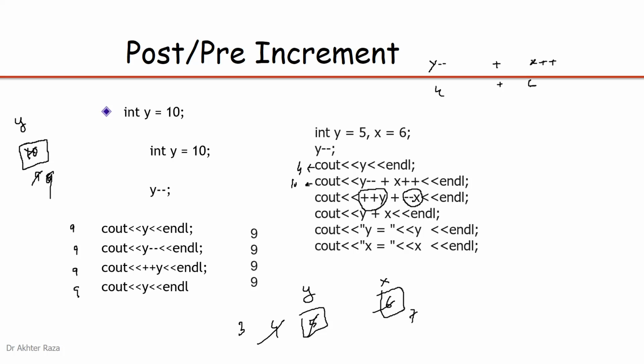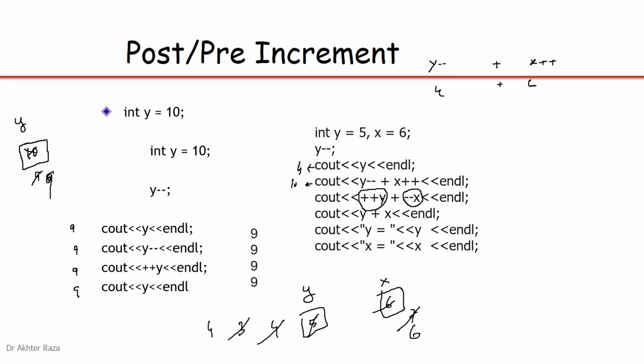It will decrease by 1. Both of the increment and decrement are pre, so the adding will take place later on. Firstly, the value of y is increased. It becomes 4. And the value of x is decreased. It becomes 6. Now the new values will be added. So the addition will take place after this pre-increment and pre-decrement. Now again it is 10.